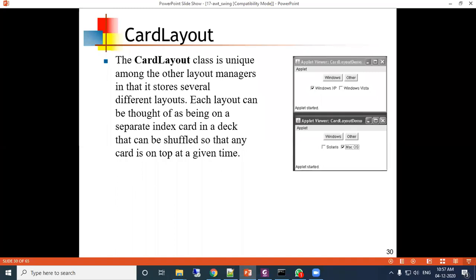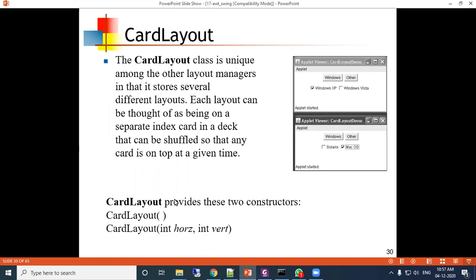Means multiple cards are there like playing cards. At a time, one card will be at the top, other cards will be below the top one, so that is not visible. So there are two constructors in the card layout. One is without any parameter, another takes the horizontal and vertical position of this card layout.